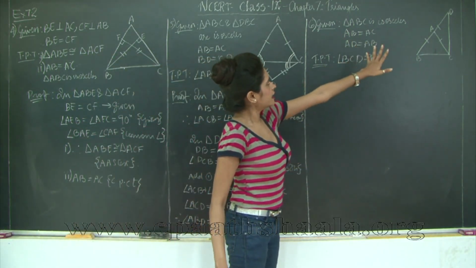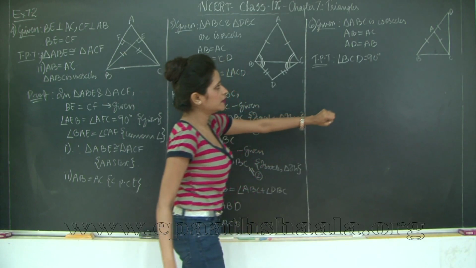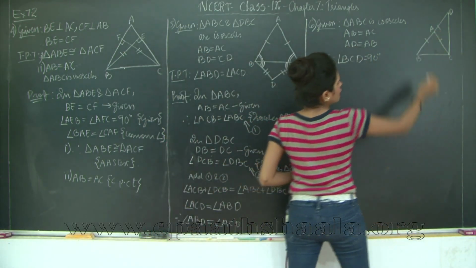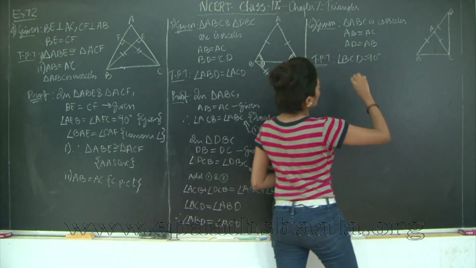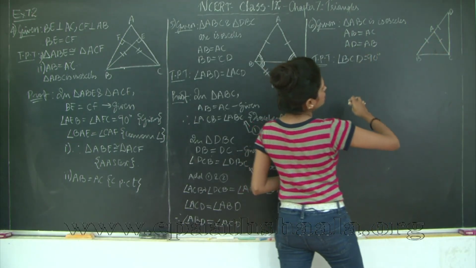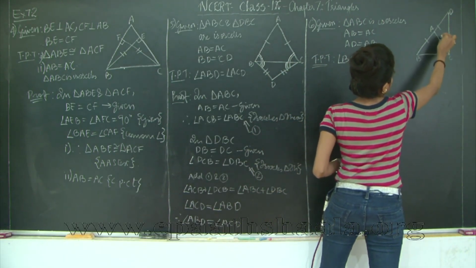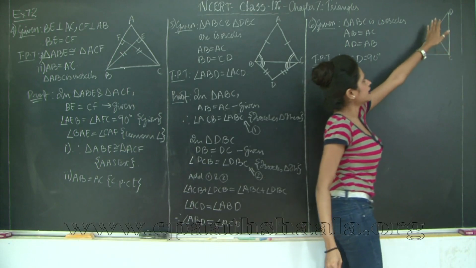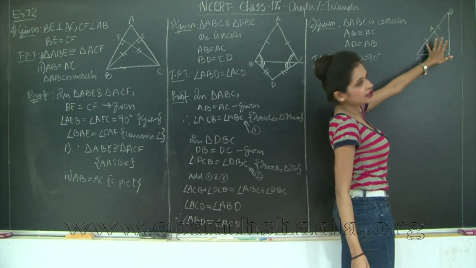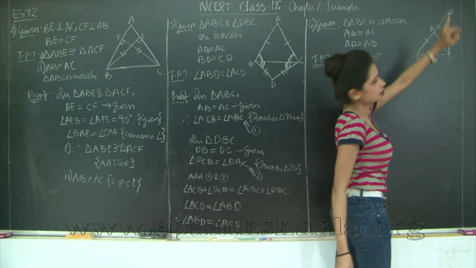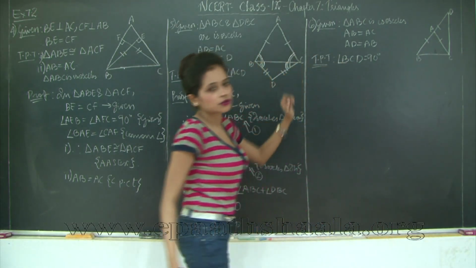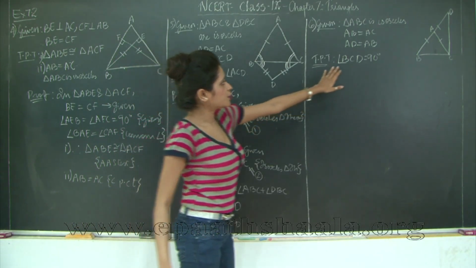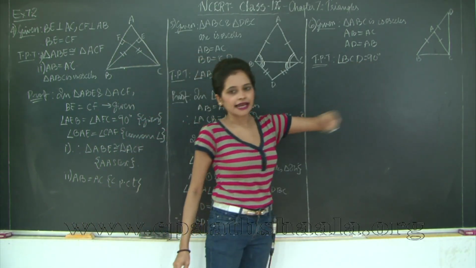I have triangle ABC is isosceles with AB equal to AC, and AD is also equal to AB. So obviously, since AB is equal to AC and AD is equal to AB, I have all three equal, that is AB is equal to AC, which is equal to AD, by equals that are equal to the same thing are equal to each other. So now we need to prove that angle BCD is 90 degrees.